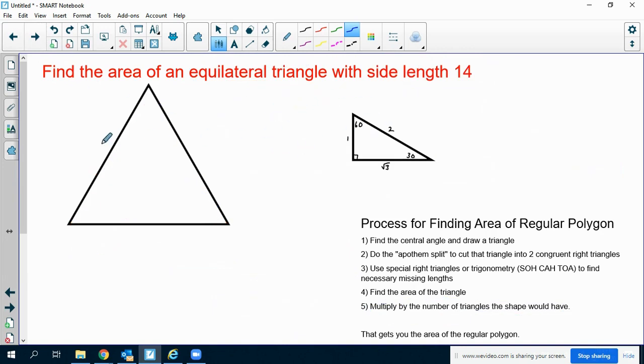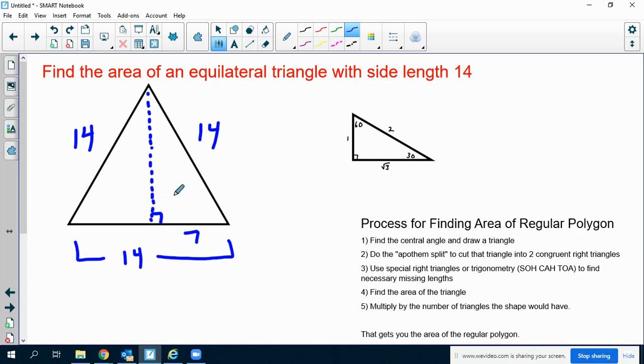Area of an equilateral triangle with side length 14. So it's equilateral, so all the sides are 14. Well, I can do this in a variety of different ways. Since I already know that this side is 14, all I have to do is 1/2 base times height, basically all I have to do is figure this one out. So if this is 7, I need to find the height, and this is a 30, 60, 90